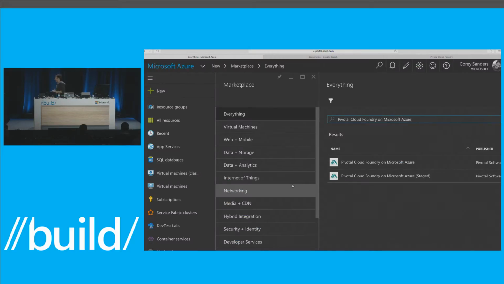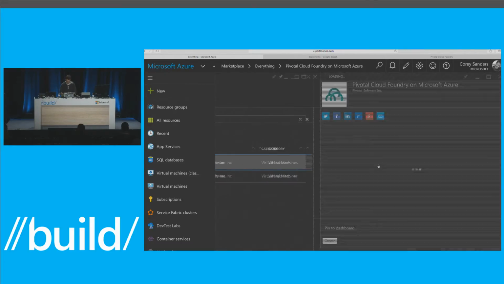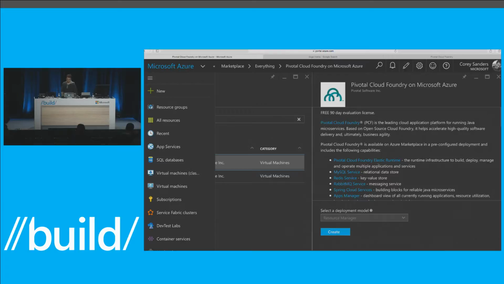Okay, and so I am excited. I think this just became available like an hour or two ago. So I am excited to tell you that we do have now in our marketplace the ability to deploy Pivotal Cloud Foundry directly from here onto instances in Azure. And so what this ends up doing is it actually deploys, this template deploys a single VM. It ends up somewhat being sort of the staging VM. And then this VM ends up spinning up the rest of the VMs that are needed to be able to